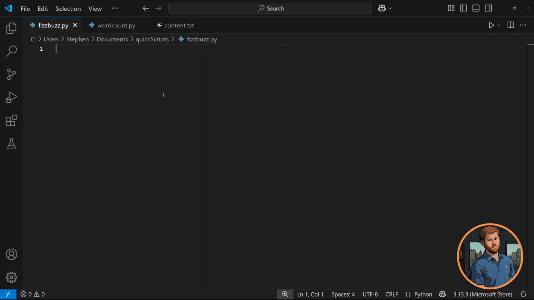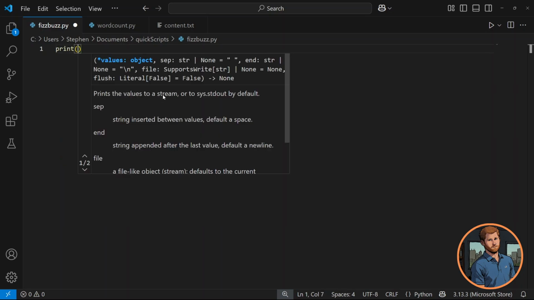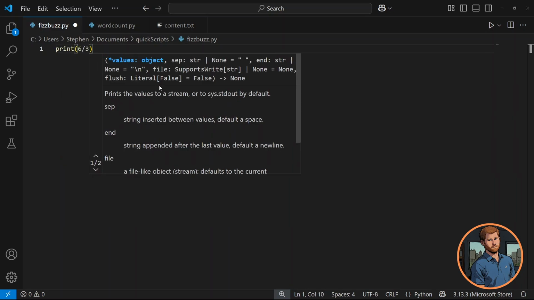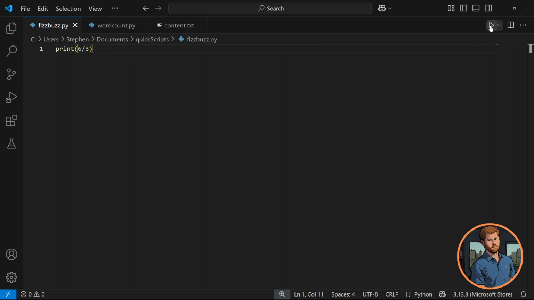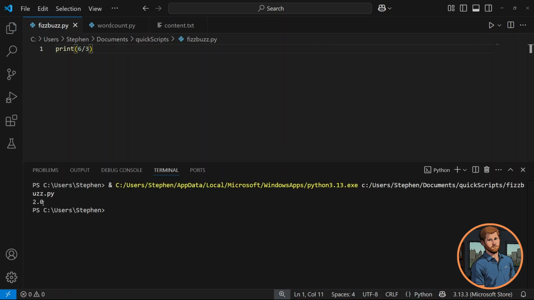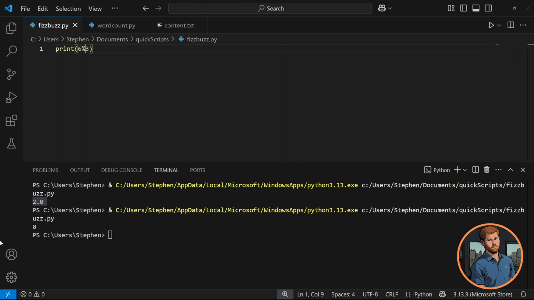There's a few ways to check if a number is evenly divisible, but I think the easiest is probably going to be using the modulus operator, which is just a percentage symbol. So we're going to use it like we would use any mathematical operator. So if we just type in print, and we go 6 divided by 3, and we run that, we're going to see that it goes in twice. Perfect. So if we then want to look at the modulus, so is there a remainder? We would put 6 % 3, we'll run that again, and we'll see